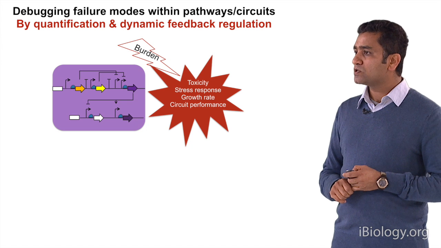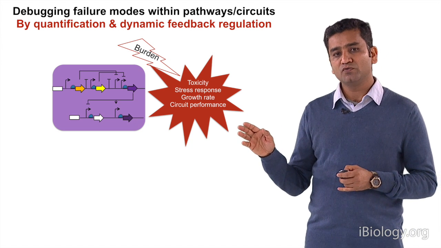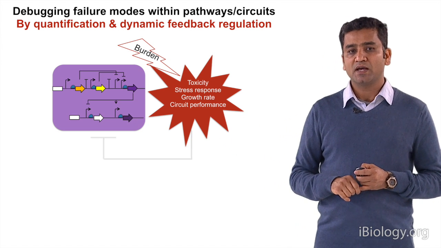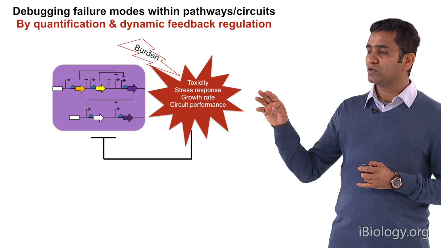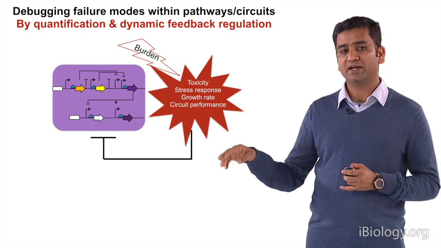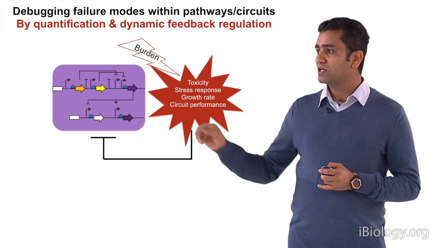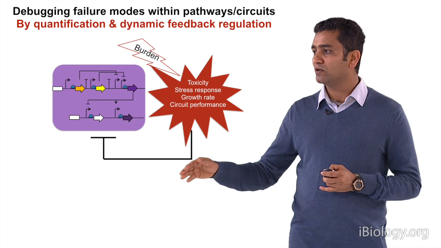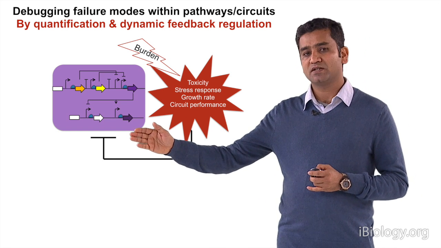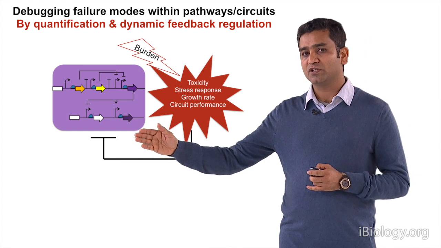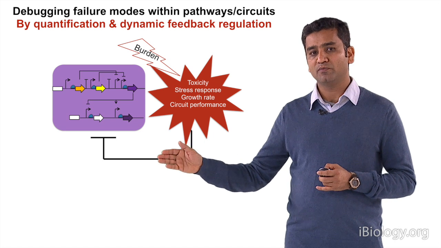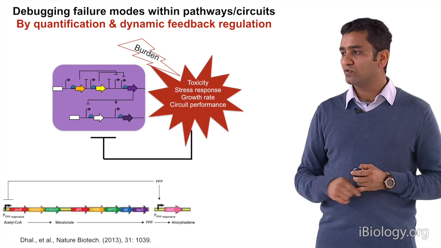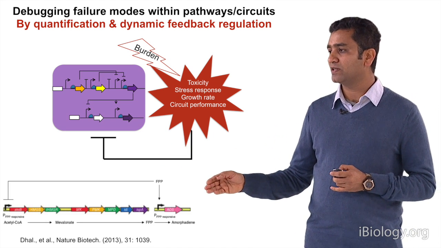There are also other methods where you can quantify the stress levels. How do we really quantify the stress levels? People have used not only quantification but also feedback regulation across the circuits. So you can sense the stress and feed it back into your circuit such that it performs with respect to its stress, and it should not impact the cellular physiology. One of the examples is from the Keasling group, where they have shown that